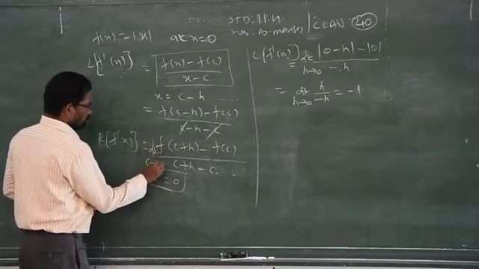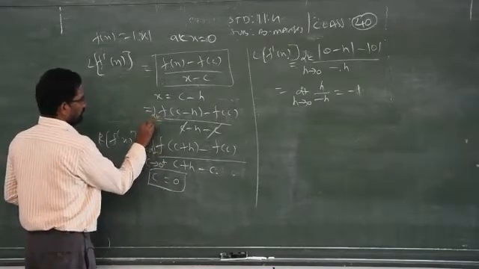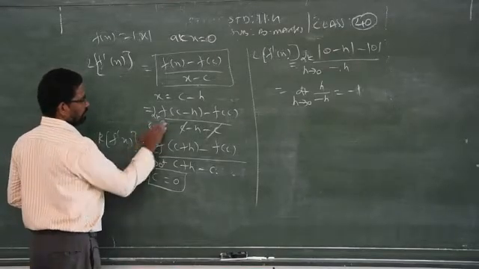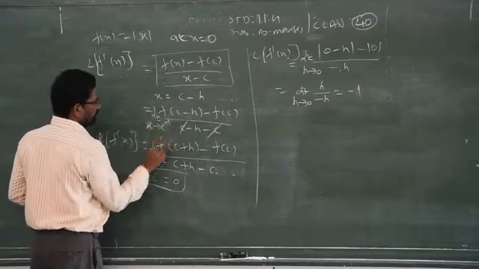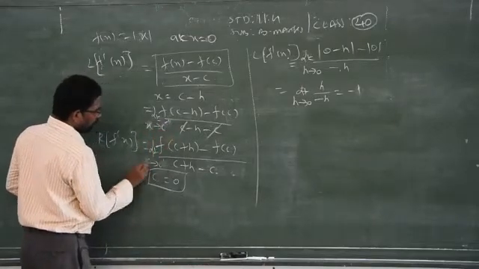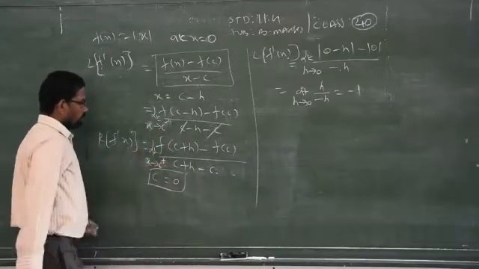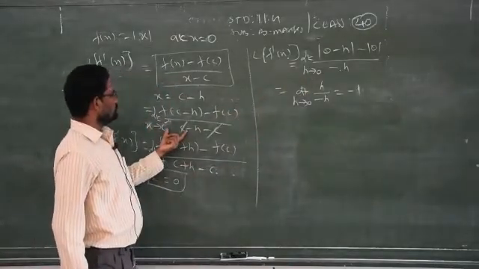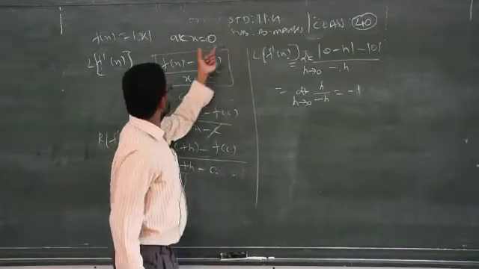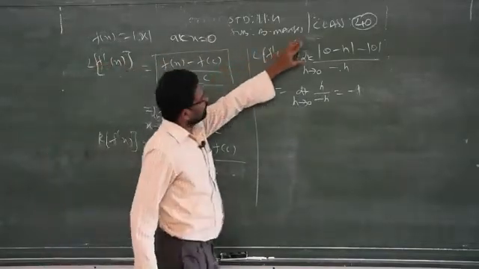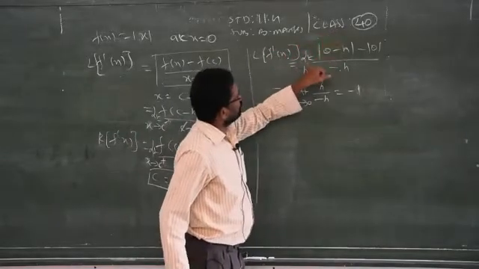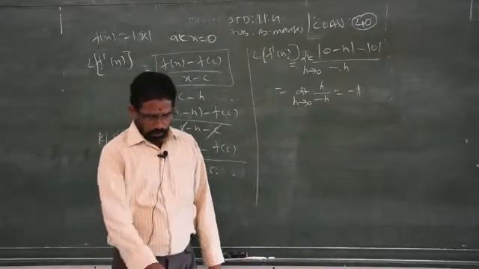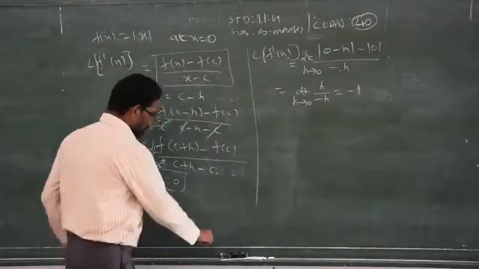Here the limit goes to 0 plus or 0 minus, or x tends to c minus, x tends to c plus. So depending upon the question you have to change. I straight away replace x by 0 in the function. Once you write the given function in terms of h, your limit should always be h goes to 0. So you will get minus 1. Now you have shown that the left hand derivative is minus 1.